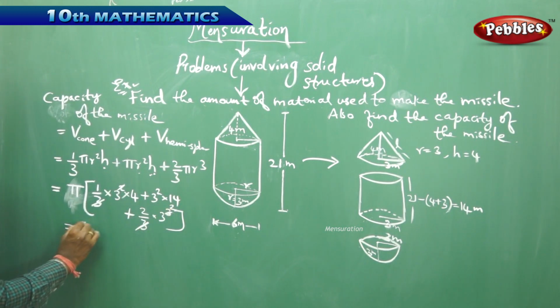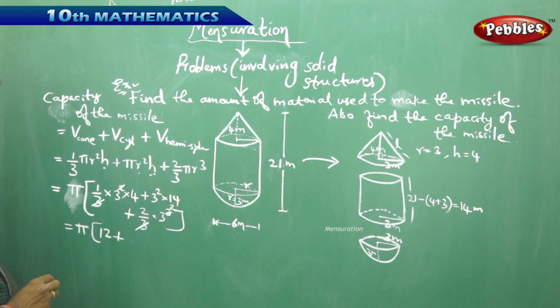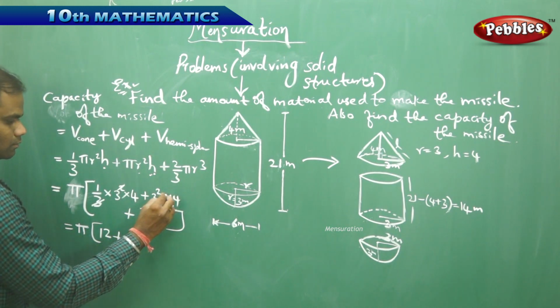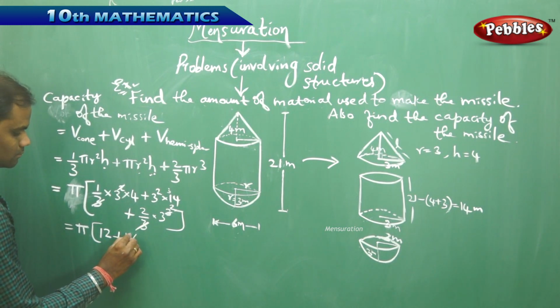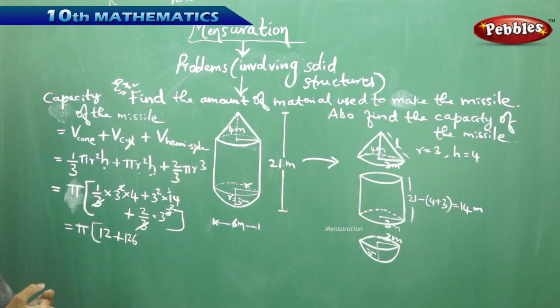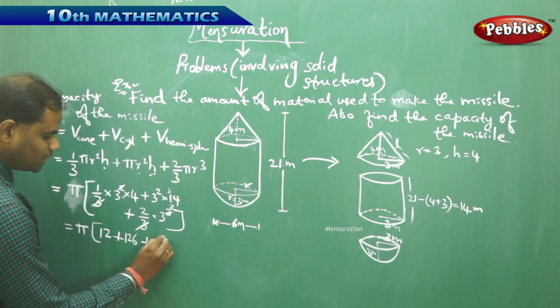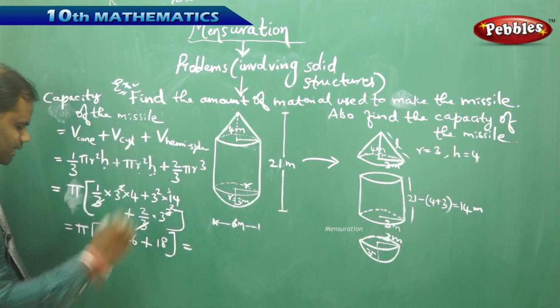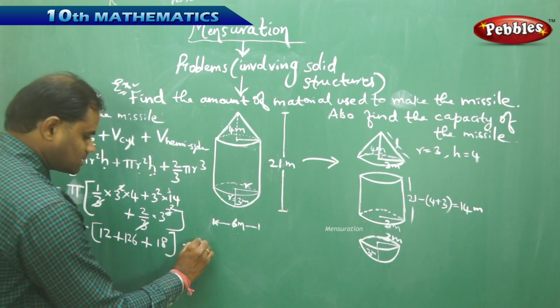Therefore, rearranging and simplifying further, I get this to be 4 3s 12 plus 9 times 14, 9 4s 36, 9 1s 126. And similarly, I get this to be 9 2s 18 is what I get. Now simplifying this further, I get 12 plus 126 plus 18, which is 156 pi,